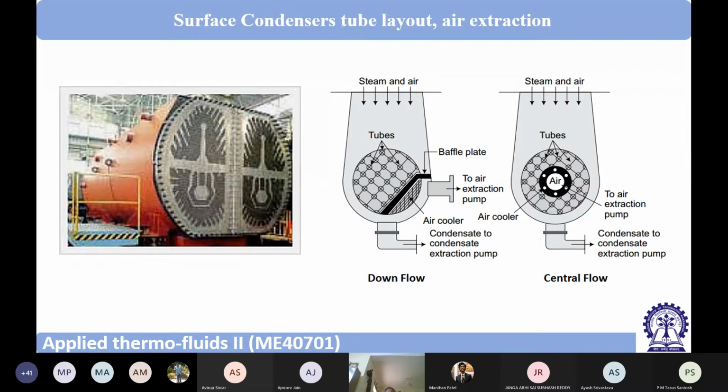So I have told you what is a condenser and what different types of condensers there are in a steam power plant. Mainly in a big steam power plant, we have surface condensers, which are indirect type condensers, shell and tube type condensers. Though we may not have a round shell, we may have a cubical box, just like a very big room, we can have a condenser. And in the condenser, the tubes are very closely spaced, and some sort of air extraction should be there from the condenser.